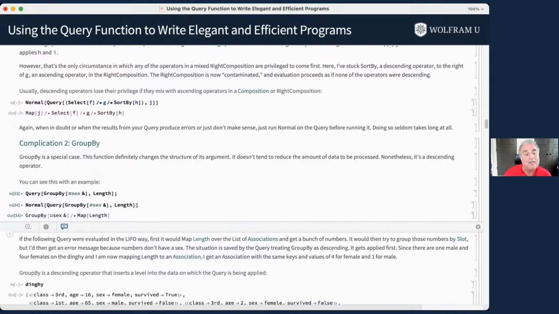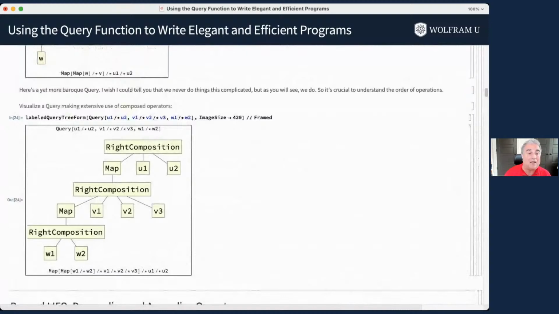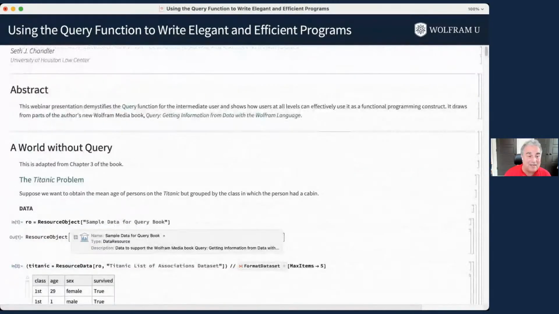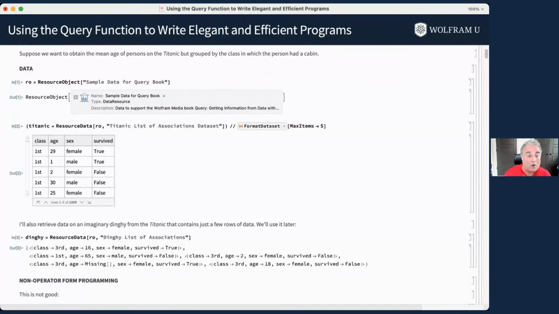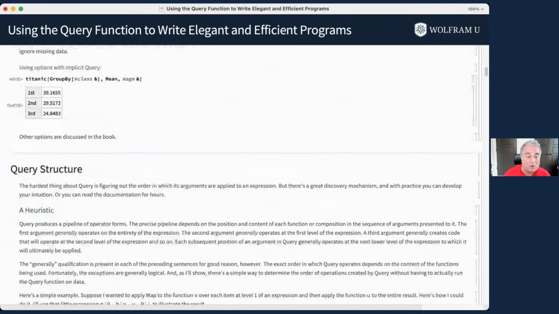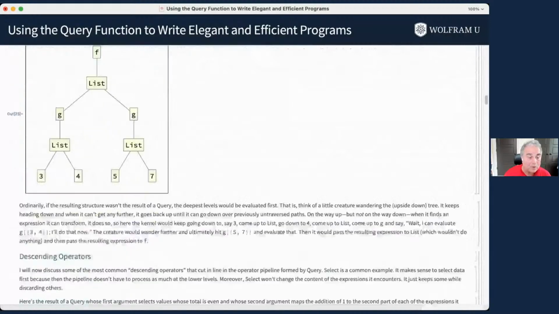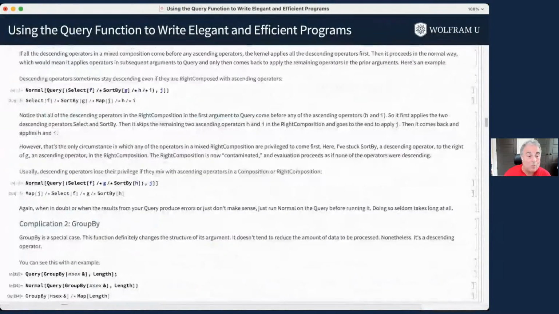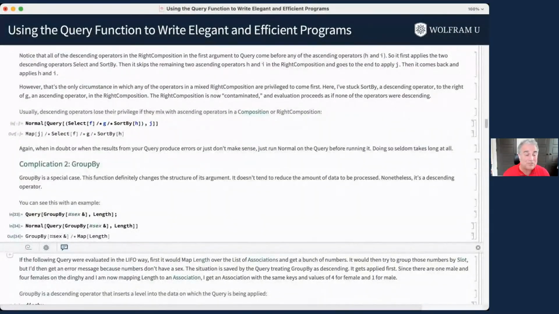If you were to take the length of each item of data, it would just tell you, well, the first piece of data has 4 items, and the second piece of data has 4 items, and the third piece of data has 4 items. But then when you asked it, well, what's the sex of that? It would say, I don't know what the sex of 4 is. 4 doesn't have a sex. And so instead,